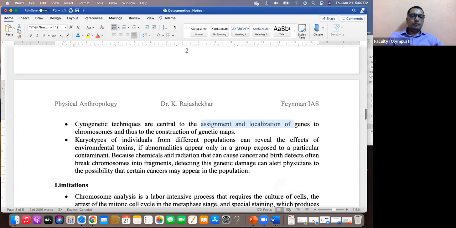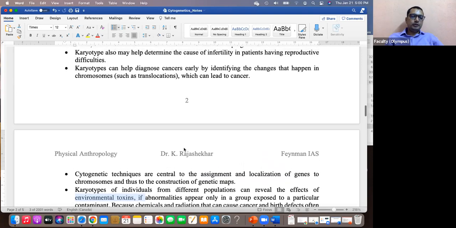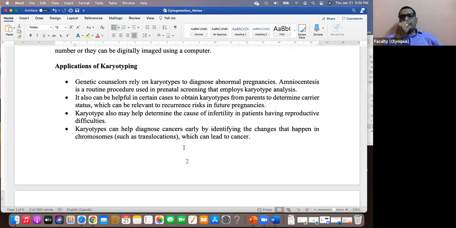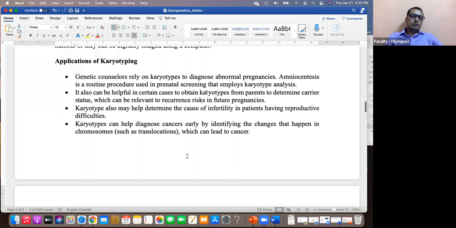So beforehand, they can diagnose if there are any specific problems and try to manage them or mentally prepare for them. These are the various examples for the karyotyping process. If it is for a short note, and they're not asking just about karyotyping, don't write about all of them. Write about diagnosing genetic abnormalities, chromosomal abnormalities, translocations like translocations in cancers. Write these key points. But if they're asking specifically about karyotyping, I've given enough points for you to write here.